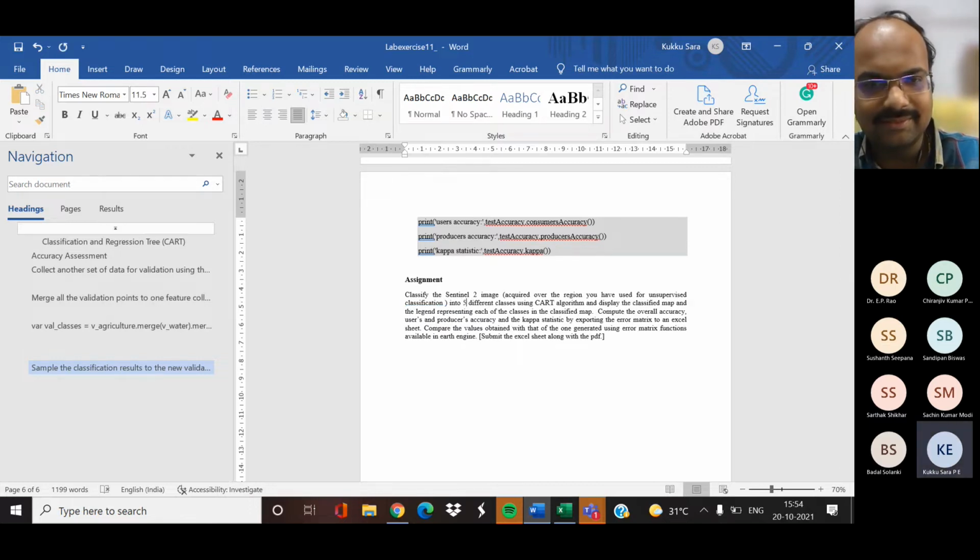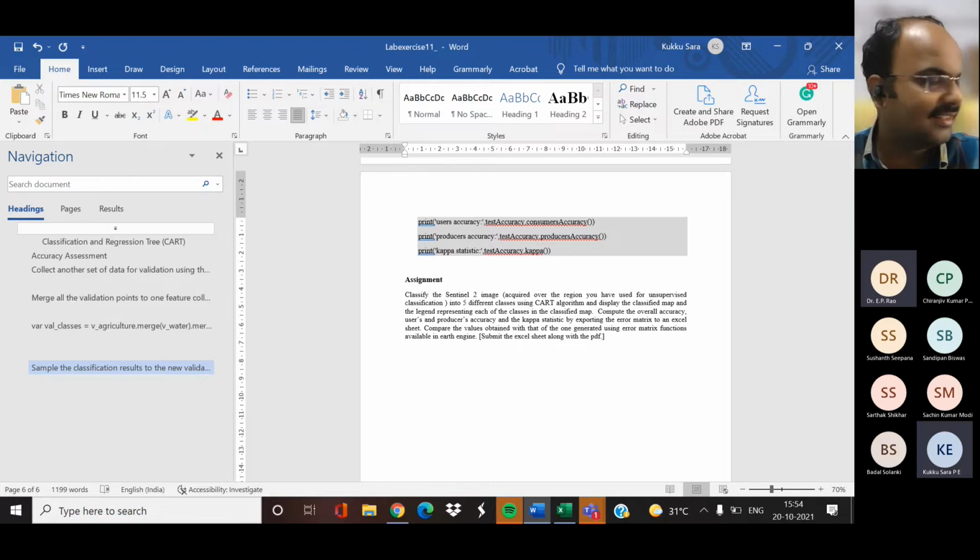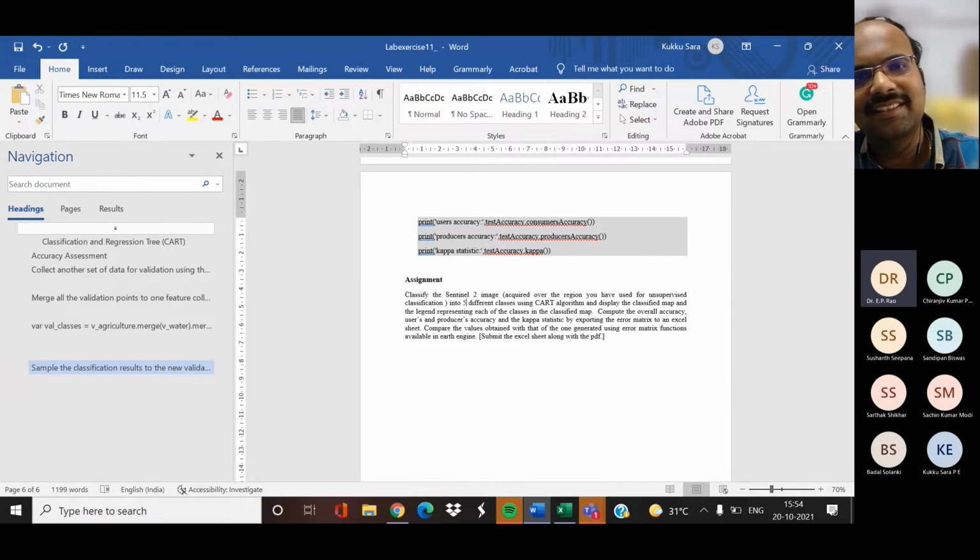Whether 5 or 10, some of the classes will be wrong. There is no way to escape because it is all based only on reflectance. If you want to go beyond, there are other modifications. Even a pixel can be a mixed pixel. There are advanced object-oriented methods, which take something as a base and build up over it. There are so many things. Only the reflectance is being taken out, so if it is similar reflectance, it is bound to be classified as the same. Yes, true. There is no way to escape.